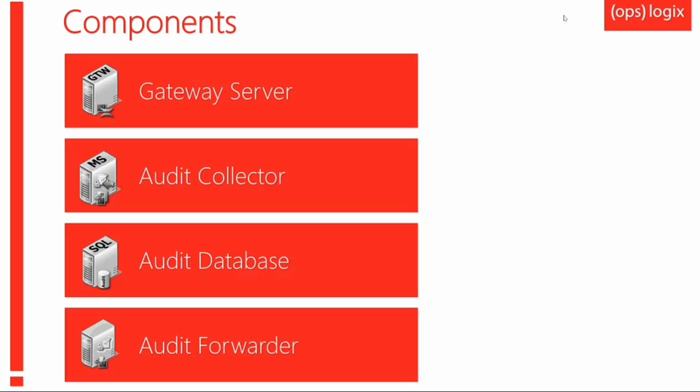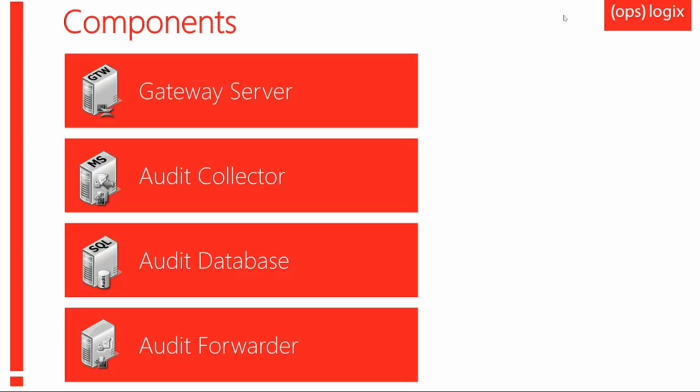Depending on your configuration, depending on network or other challenges, you might need to add a gateway server, where the gateway server allows you to, for instance, work with untrusted domains. It will also help you if latency is an issue with sites that might have lower bandwidth and what have you. And perhaps the least known part of Operations Manager is the Audit Collection Services, ACS in short, where you